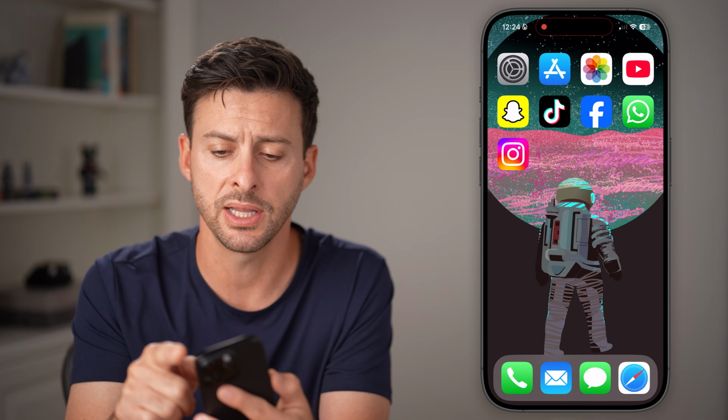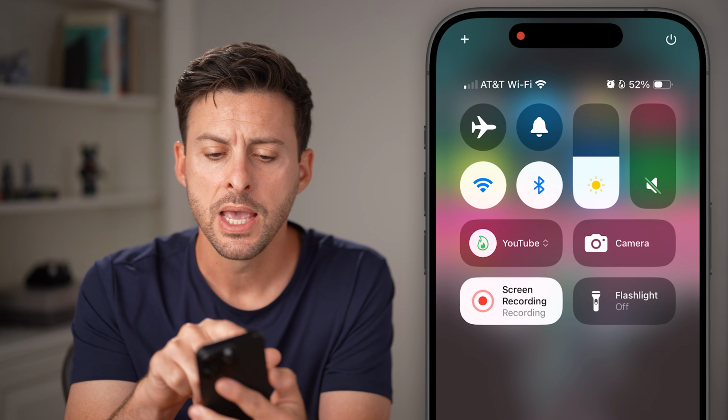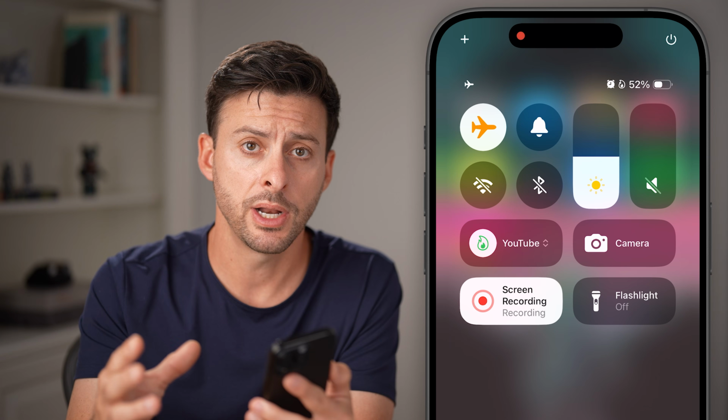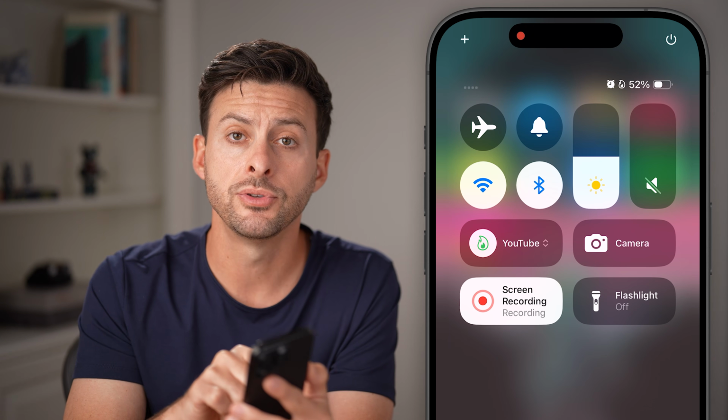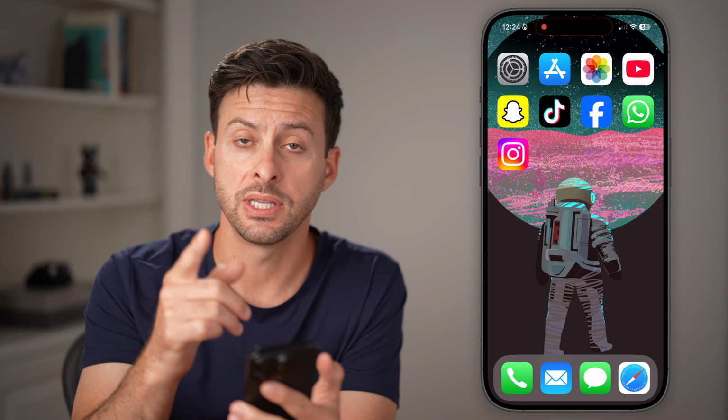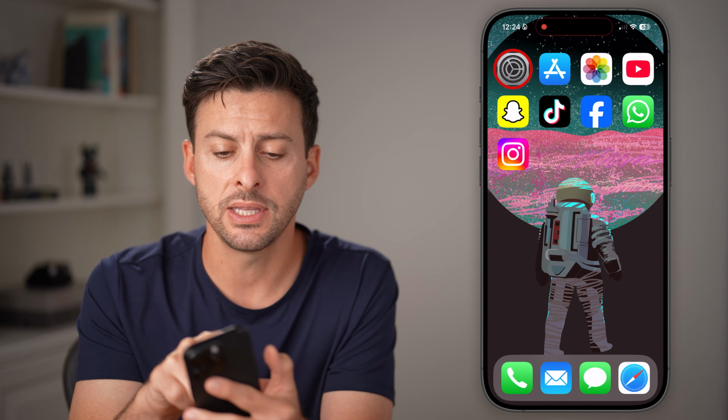If it doesn't fix it, let's swipe down from the top right. And from here, toggle airplane mode on to disconnect from your internet, and then toggle it back off to reconnect to your internet. After you go through that step, if it still doesn't work, let's head into the Settings app of your phone